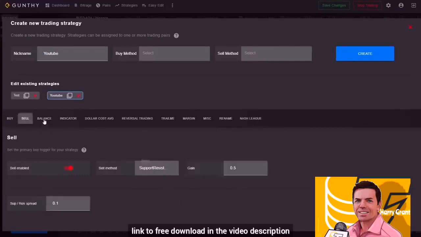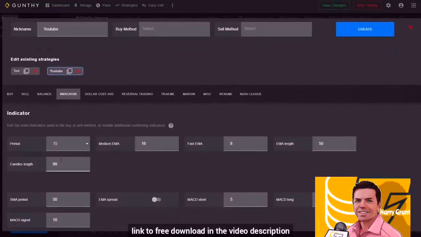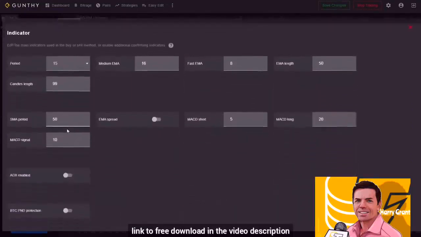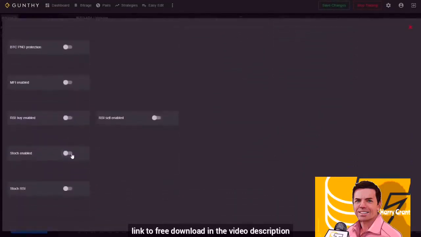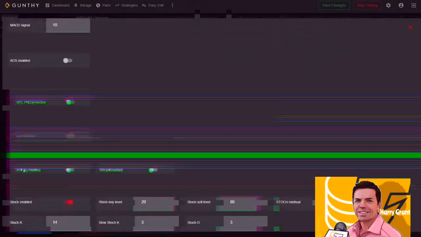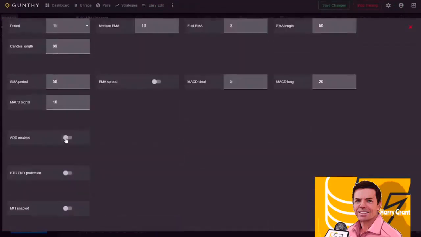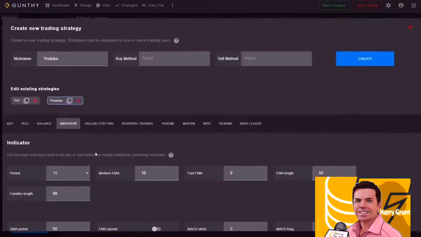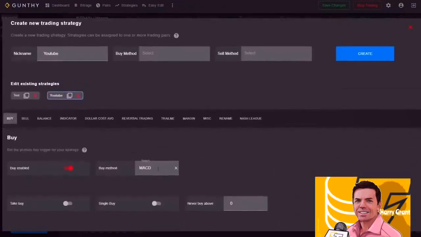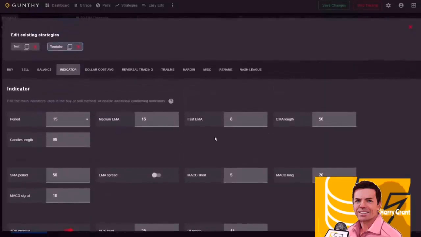However, then I can also change specific settings that make it even more granular. So let's say that not only do I want to use MACD, but I also want to add more filters to the strategy where it will only use the MACD buy if the stock RSI is above a specific level, or if, for example, ADX is at a certain value, etc. You can stack indicators on top of each other, so not only now am I using MACD, but I'm also using stock RSI, I'm also using ADX,